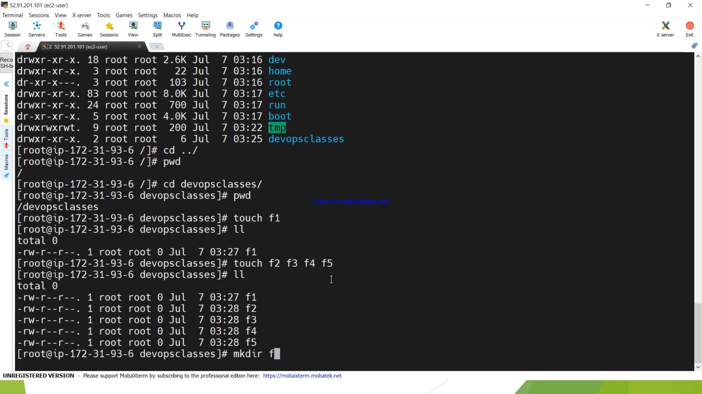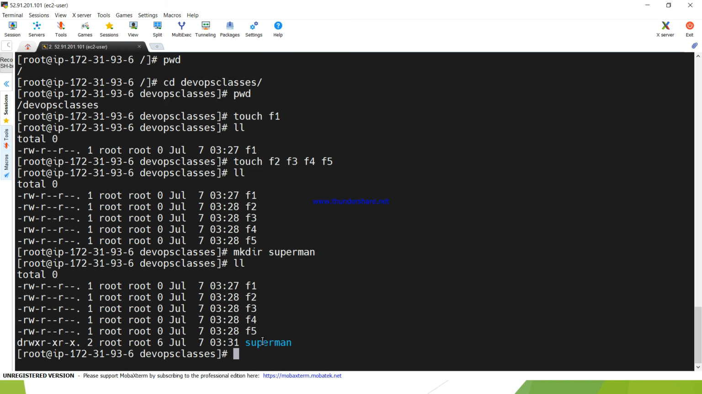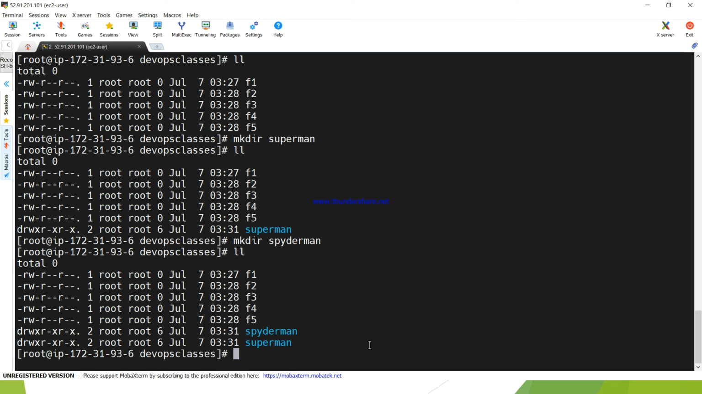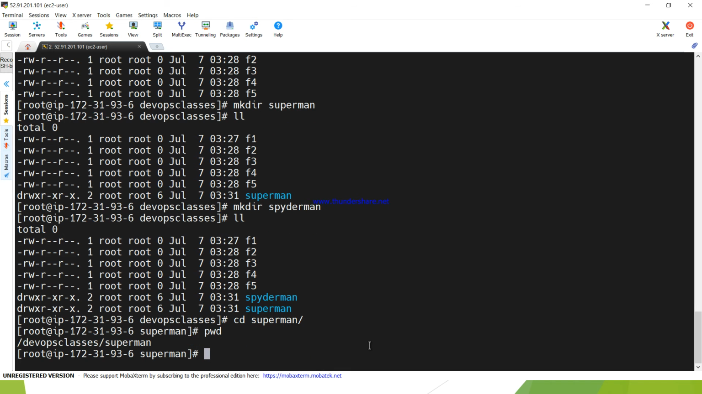Otherwise, for your understanding purpose, I am writing Superman. Okay, so here I can see Superman, and make directory, mkdir, and here Spider-Man. So here I have Superman and Spider-Man. Clear? Now I want to go inside Superman. I went to the Superman location. Now which location am I in? The Superman folder location. So here you can create some files, like touch,